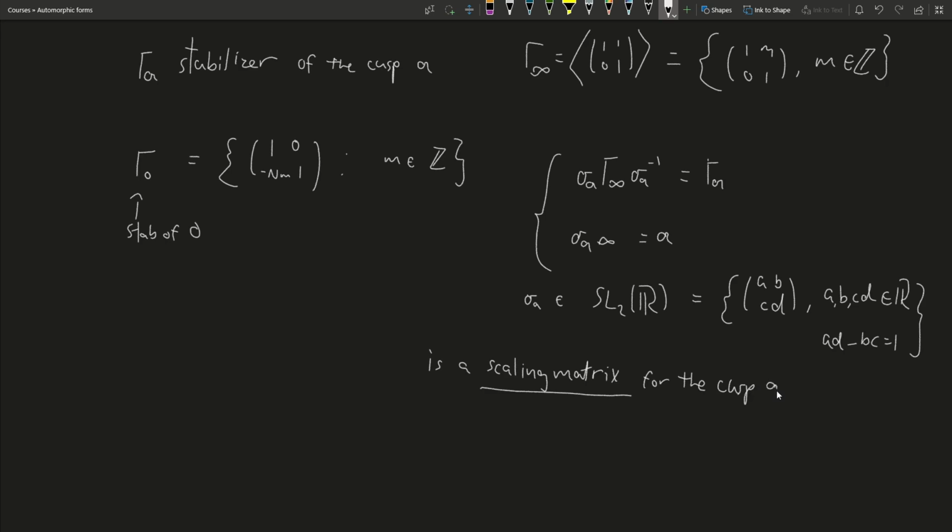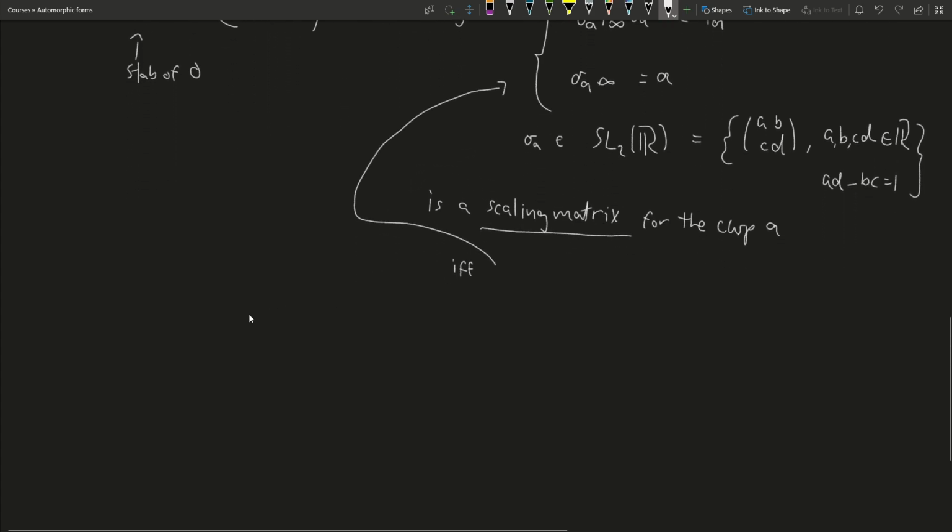For the cusp A, if and only if these hold. So that's the definition of these things, and it's quite opaque. If you want to know exactly what matrices you can choose, you can check